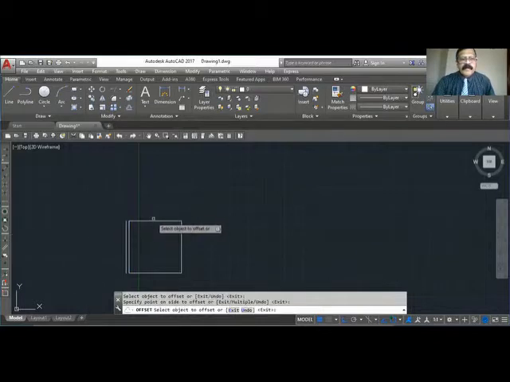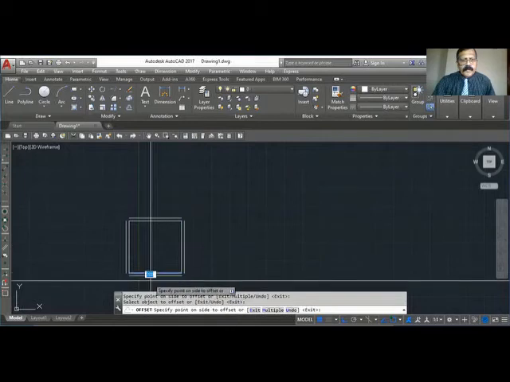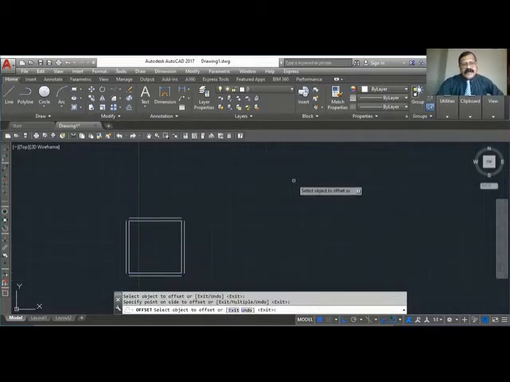So my first room is ready. The left lower corner room, the bedroom, 3600 by 3600, is ready.